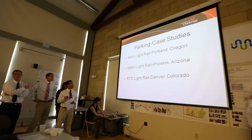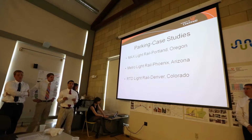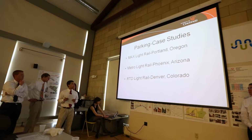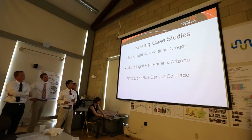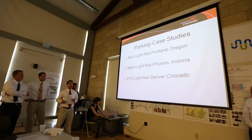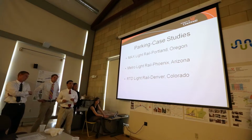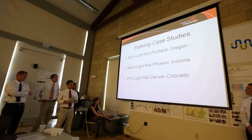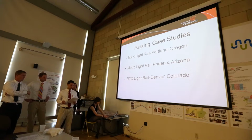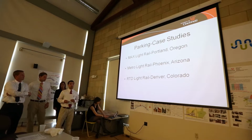Metro Light Rail in Phoenix, Arizona, does not provide any parking either. It's the transit center closest to the campus of Arizona State. And then finally, the University of Denver station, as part of the RTD Light Rail, provides 540 spaces. So after a little bit of calculation, we came up with that Portland has approximately 170 parking